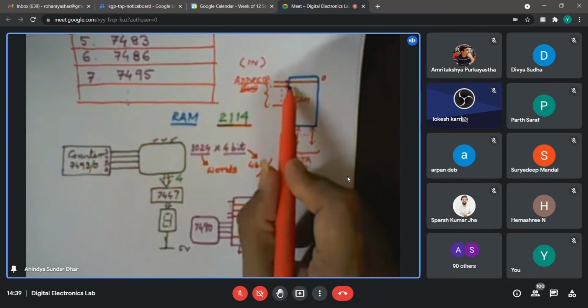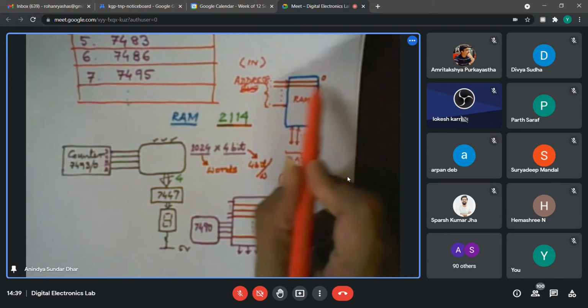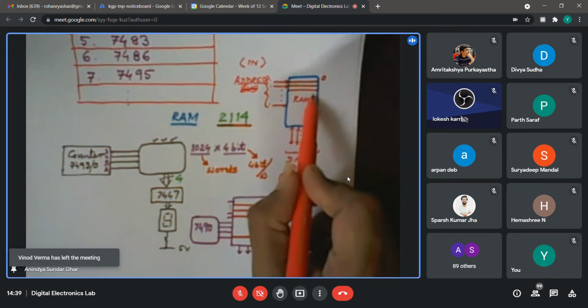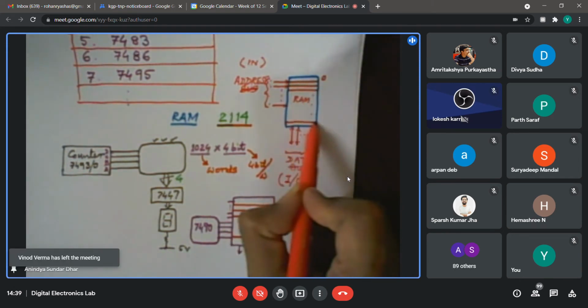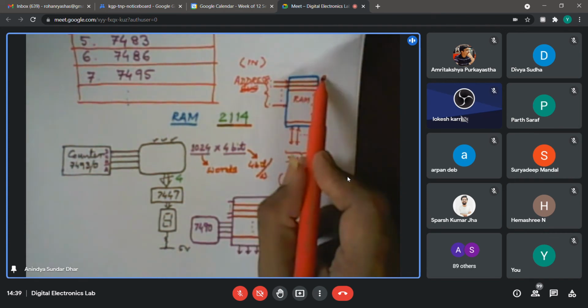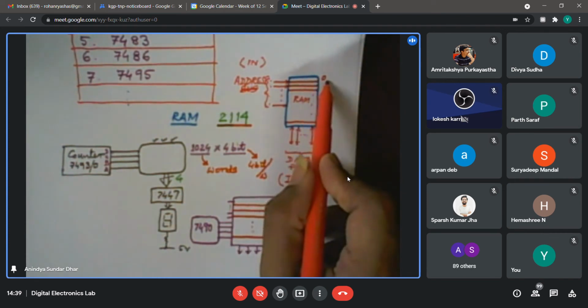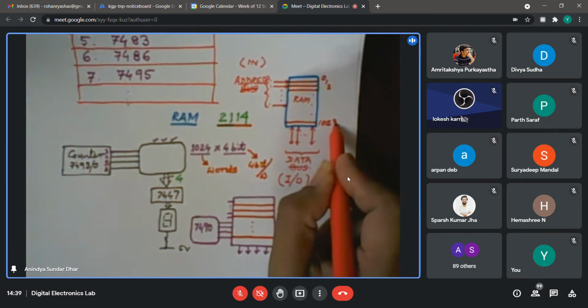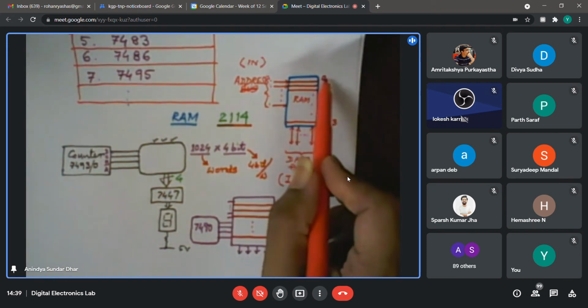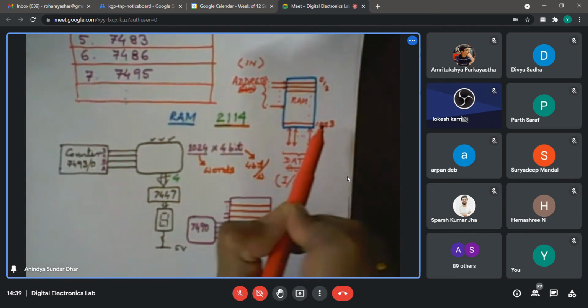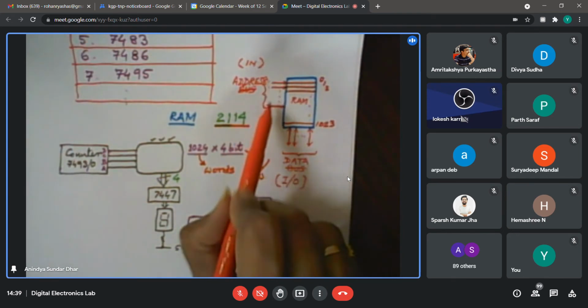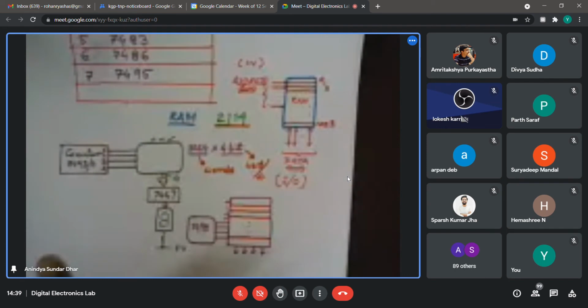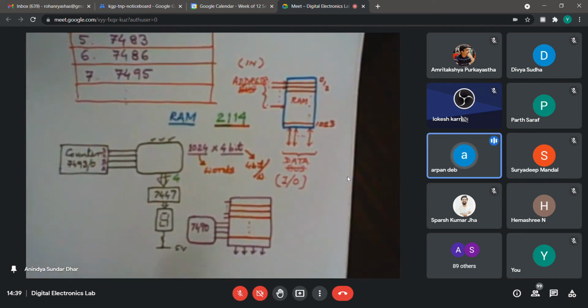So there will be such 1024 locations which can be uniquely addressed by those 10 address lines. First location, I will give a number 0. Second one, I will call 1, 2. In that way, last one, I will call 1023. So there are unique locations numbered 0 to 1023, which I can access by providing a 10-bit code at the address bus. So is my statement clear up to that point? Yes, sir. Understood.